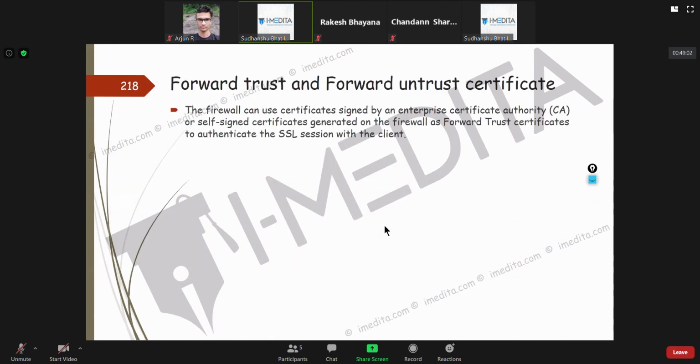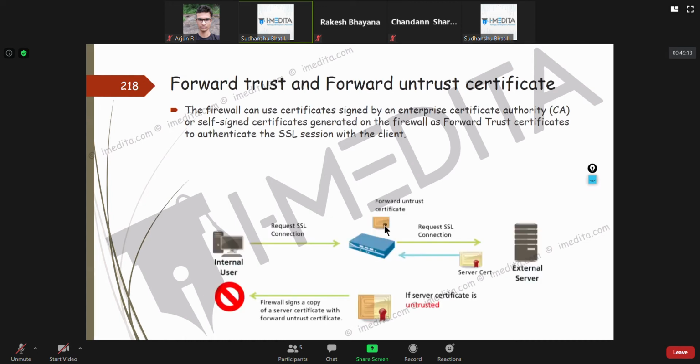See, the firewall can use certificates signed by enterprise CA. Once they are on the firewall, it can decide what is forward trust and forward untrust. Now I'll give you an example here. This internal user is trying to establish an SSL connection, for which Palo Alto in turn tries to establish an SSL connection.